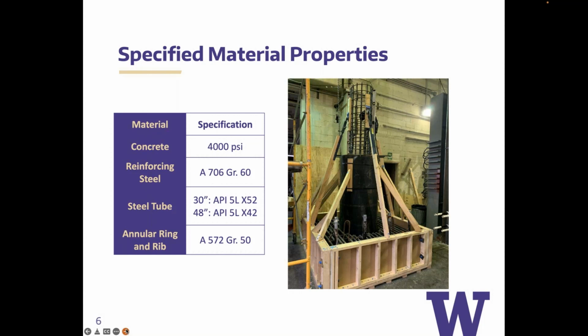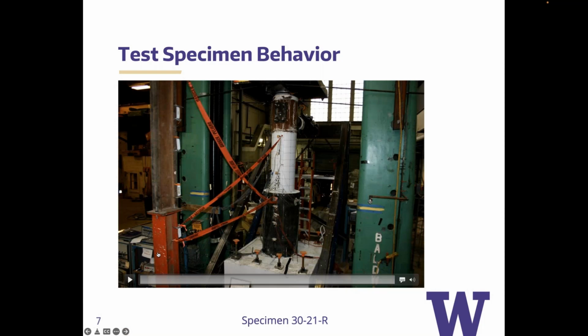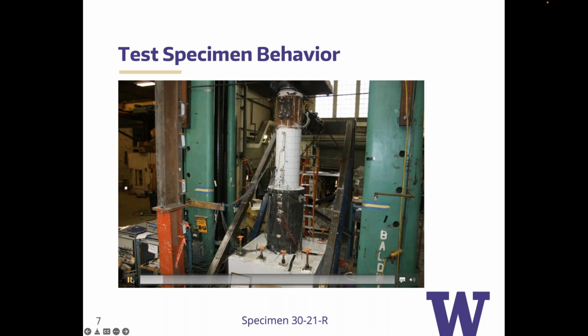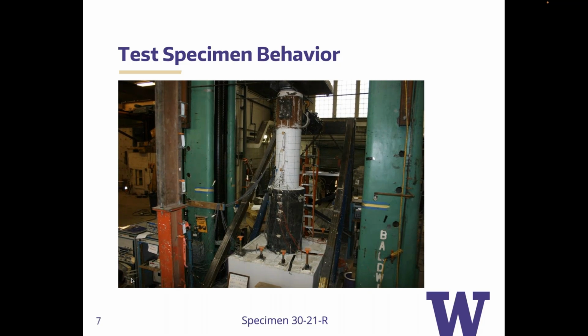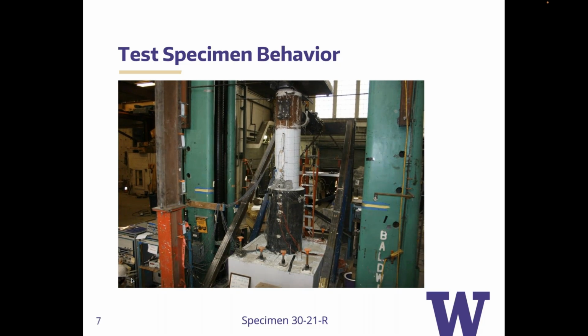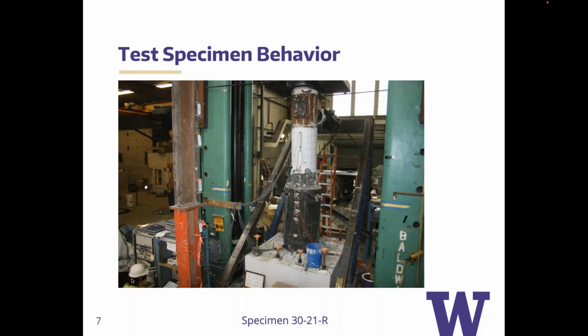Pretty standard materials. So I'm just going to give you a little video to look at. These are just images put on top of one another. You can see that we're cycling the column back and forth, and then you can start to see some spalling. As we continue to cycle, you get a lot of bar buckling. Eventually, we get quite a bit of damage here. This is actually the specimen with the ring, which is for this 30-inch pile to a 20-inch column, gives us